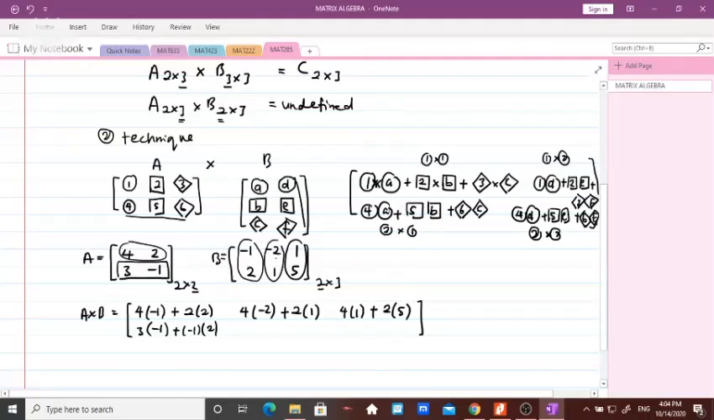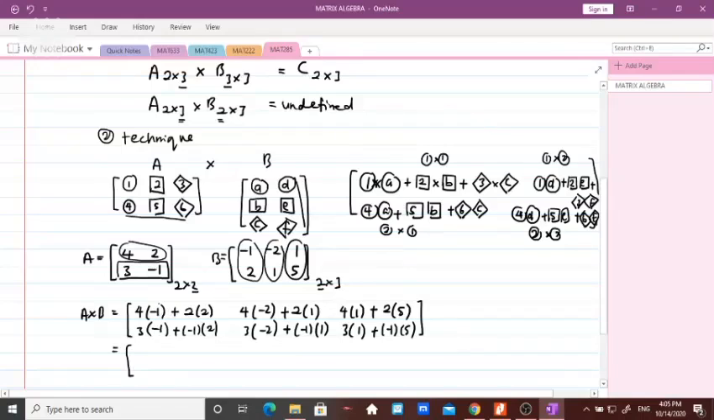Okay, second row, second column, 3 times -2 plus -1 times 1. Right. Okay, next second row with third column, 3 times 1 plus -1 times 5. Right. So to find the answer,